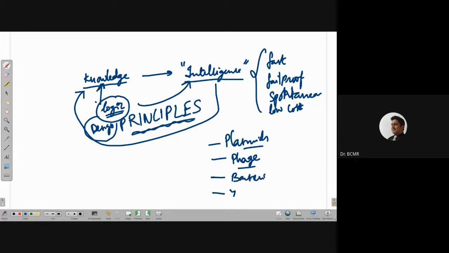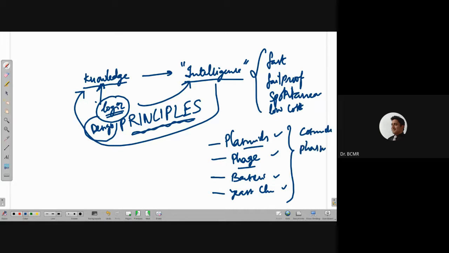You can also have yeast chromosomes. And people have manipulated plasmids, phages, bacterial chromosomes, yeast chromosomes, and so on to create more types of vectors. These are the sources of vectors. And then they have made cosmids,